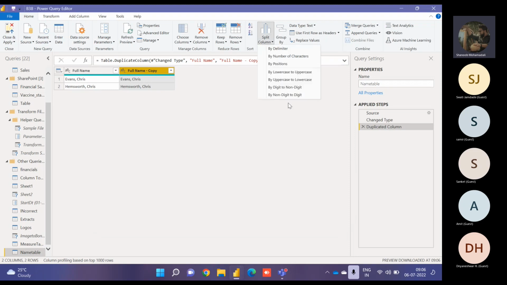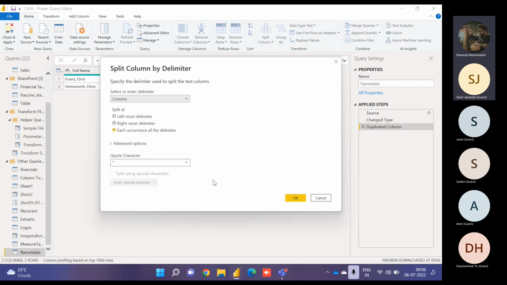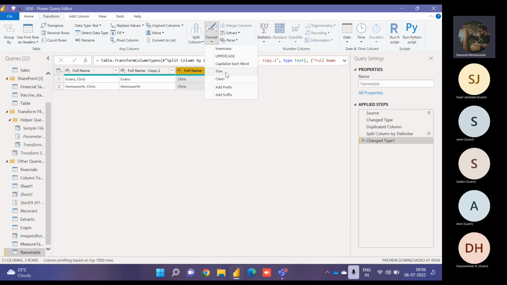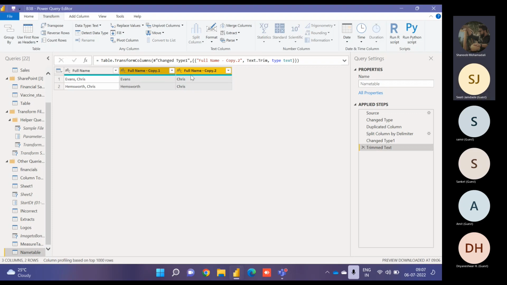क्योंकि अगर मैं इसको स्प्लिट करूँ तो ओरिजिनल नेम चला जाएगा, राइट। कॉमा, लेफ्ट मोस्ट डेलिमीटर, ओके, ठीक है। अब मुझे पता है कि यहाँ पे ये जो फर्स्ट नेम है इसमें फर्स्ट में स्पेस है, तो यू विल यूज ट्रिम, स्पेस निकल गया, राइट। अब मुझे ईमेल आईडी कैसा बनाना है, फर्स्ट नेम डॉट लास्ट नेम और फिर @ जो भी कंपनी का आईडी रहे, राइट।